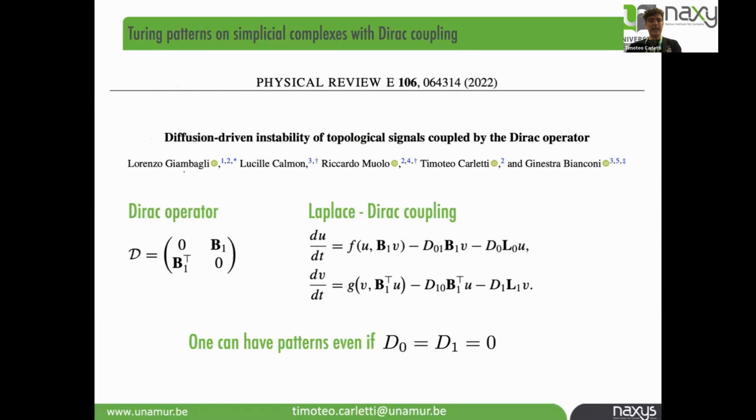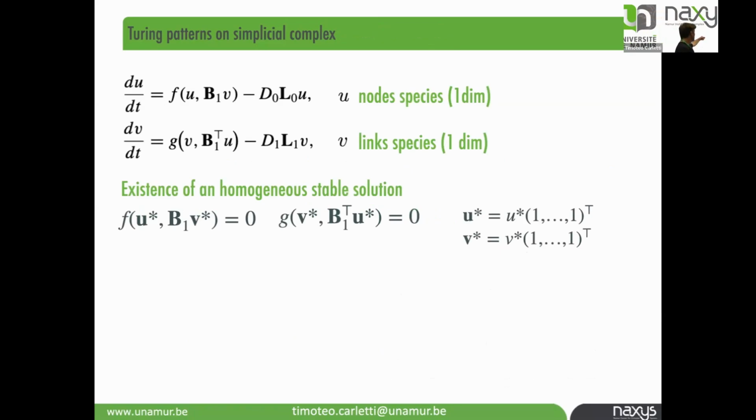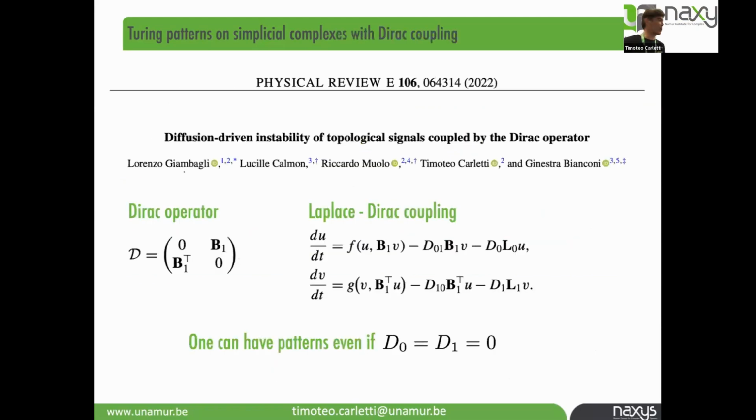So in the previous one, I put together the interaction between nodes via the Laplace matrix, and the interaction between links via the Laplace matrix for the links. Because with the Laplace matrix, only structures of the same dimension can speak. But one can be interested in how the interaction of the links directly acts on the nodes, or how the interaction of the nodes directly acts on the links. This is given by the Dirac matrix, which in the case of a network only has these two matrices, while if I also had triangles, I would also have B2 somewhere.